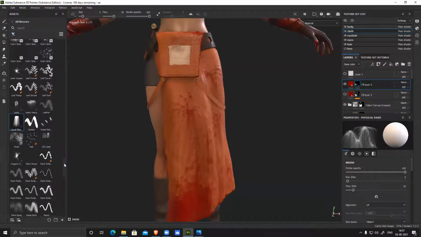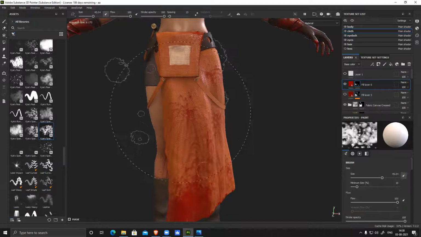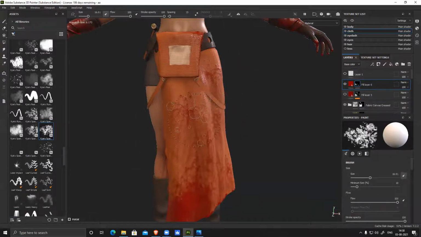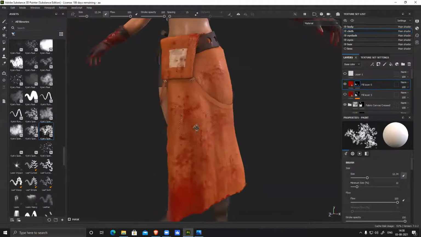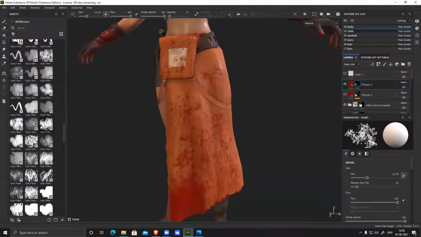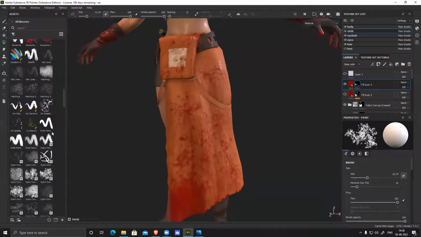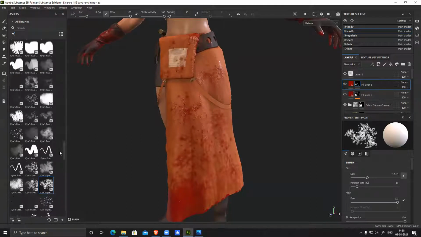So what I did for this, you can see a lot of brushes are available, some patches, and more patches. This one, like this one. Yeah, this one.